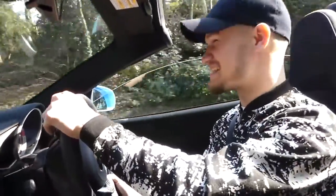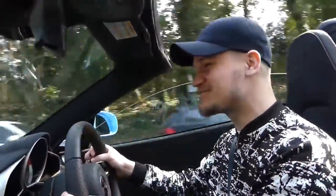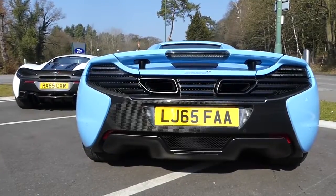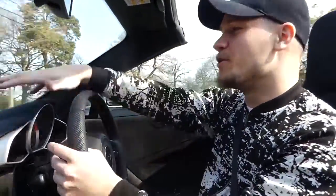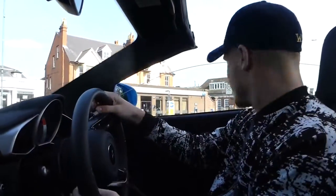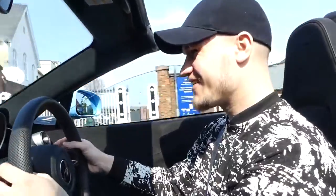This is all a bit crazy driving this car. This is £262,000 in one car, and I'm driving it. So you can tell by the smile on my face, I think just the combination of the roof off, the blue everywhere, and the fact that I'm driving a McLaren, it's come from Formula One. This car, it's going to build up to the...